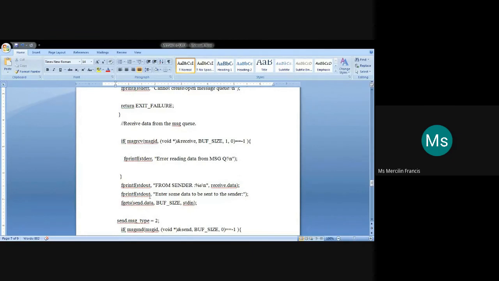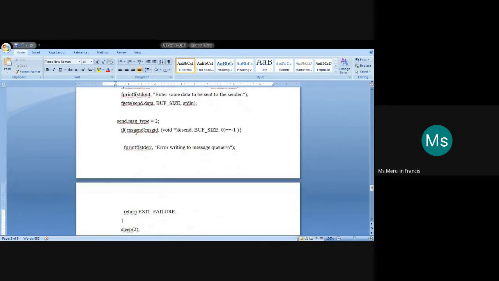From the standard input, using this function, you will be able to store some data in the data member of that structure, and you also need to assign the type. I have said that we are making use of a structure with 2 variables: one is type and the other is the data variable. The type also we need to mention here, which we have seen as the third argument of the receive function in the sender. Okay.